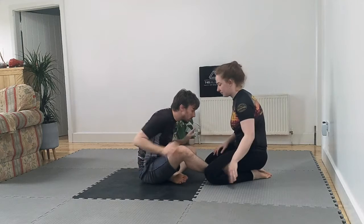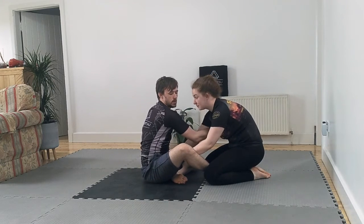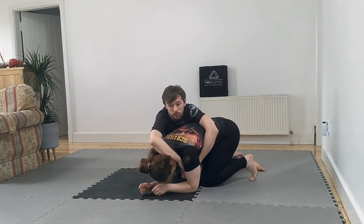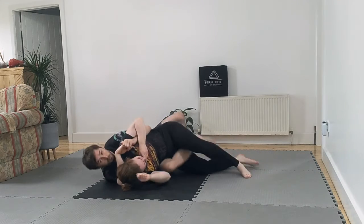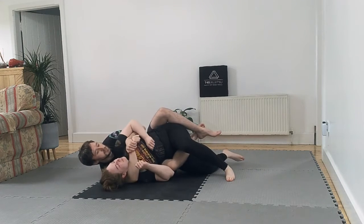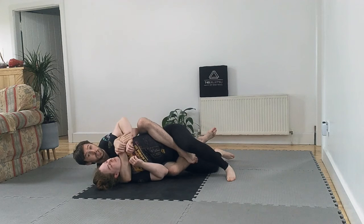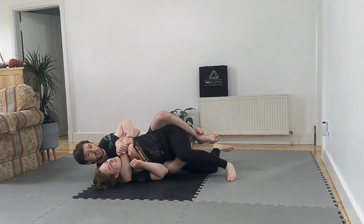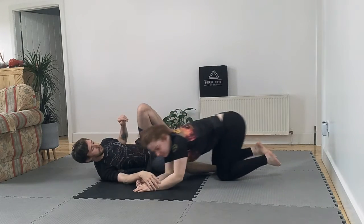So again, I'm here, hand fighting, I go snap down, it opens up the space, I hand drag to get to here. I drive down, so I start to give her back up. I rotate my hips, take my seatbelt, open the space out, take my second hook. Sometimes you can take your second hook, look to the ref, get your points, and then go back to this lower body trap position here, which is a stronger control point. Okay, well, next time,